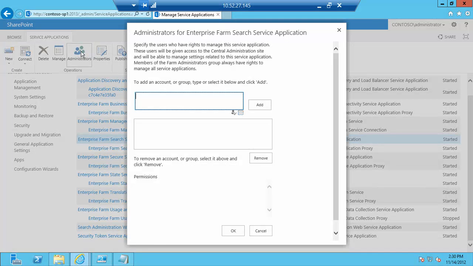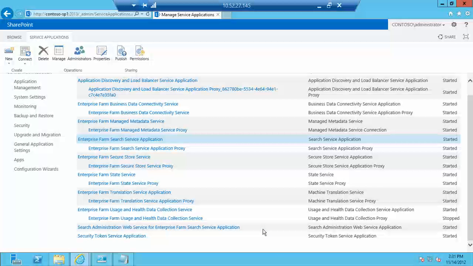Now, it's also important to know that we're dealing with search in a federated environment. When we provision the search service, by default and automatically, it'll put the search account into the user policy of the web application. But when we're doing federated services, it doesn't do that, because now it's crossing an entirely other farm. So one of the things that you're going to want to do